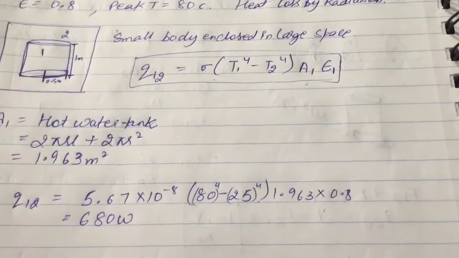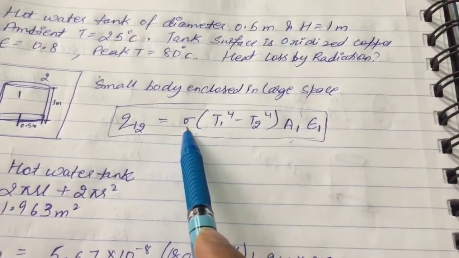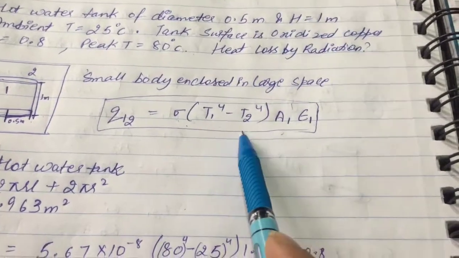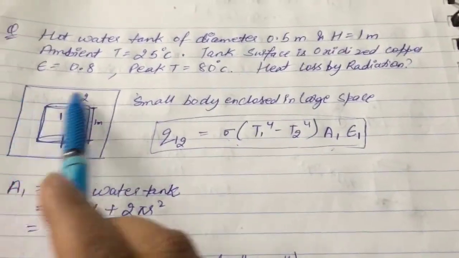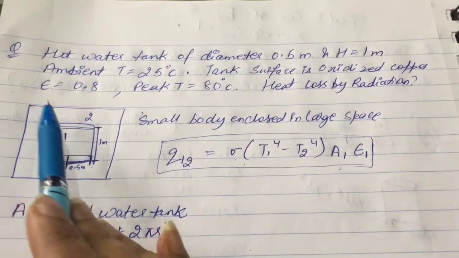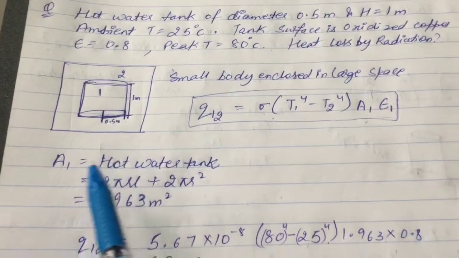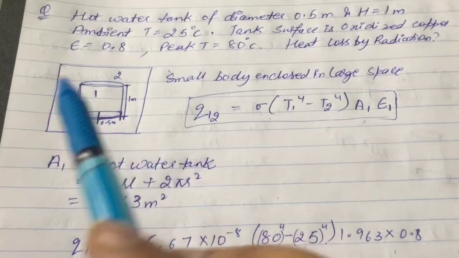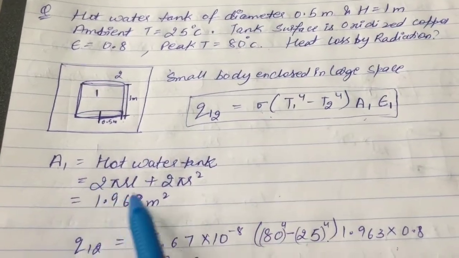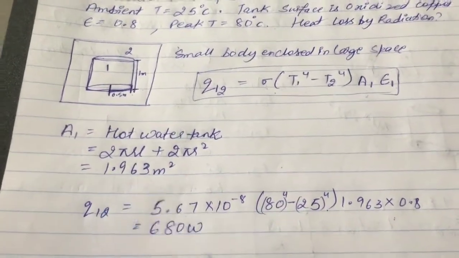We know that Q12 is equal to sigma, the Stefan-Boltzmann constant, into T1 to the power 4 minus T2 to the power 4, into area 1, into emissivity. The cylinder is enclosed within a large space and its radius and height are given. To calculate the area of the closed cylinder, the area is 2 pi rl plus 2 pi r square,